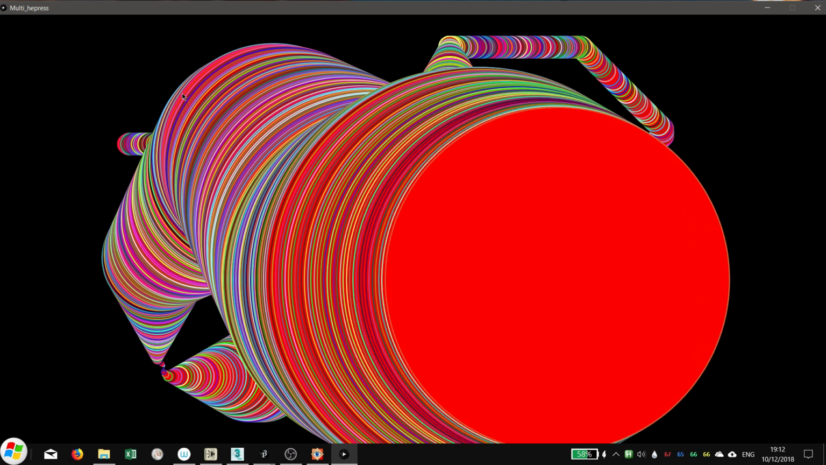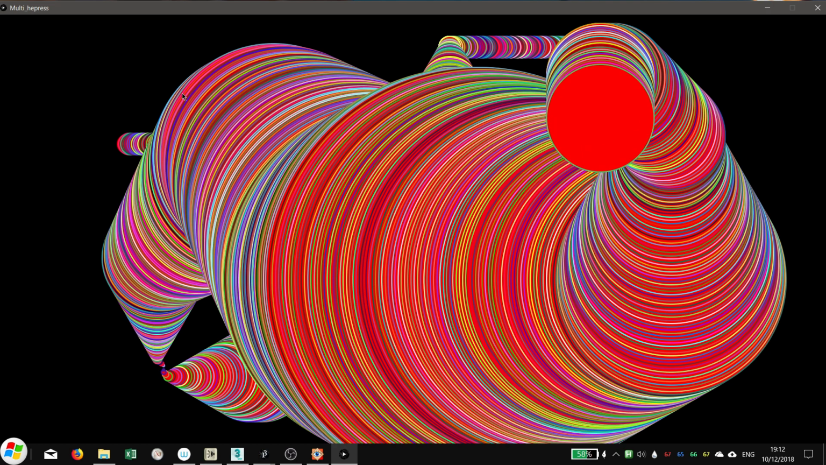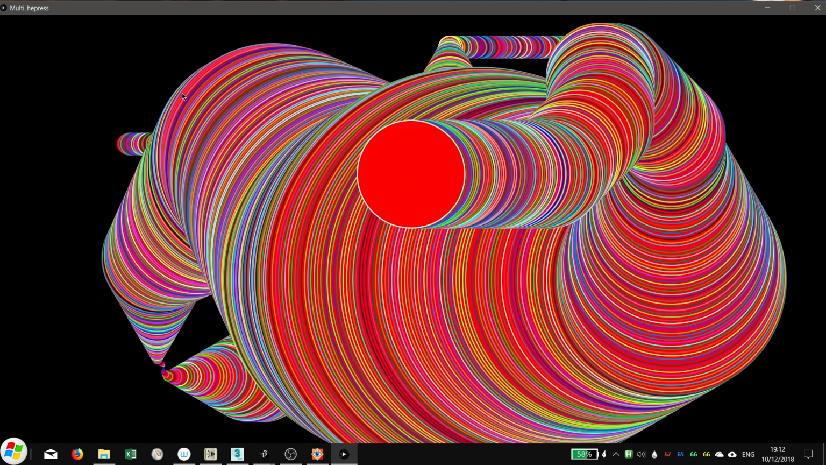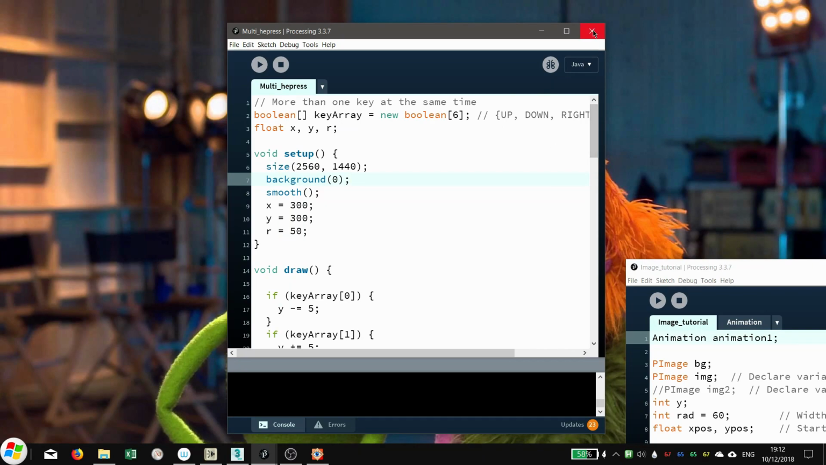So I'm satisfied that I'm able to make an interface where the game control is using more than one input key at the same time. That was what this test was for, but of course it's a lot of fun to just play with it in its own right. Okay, so the next thing